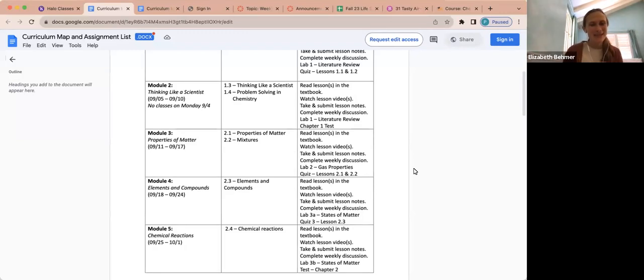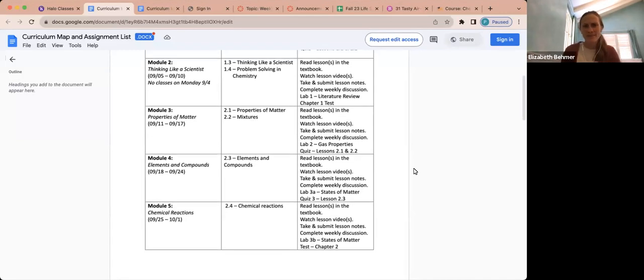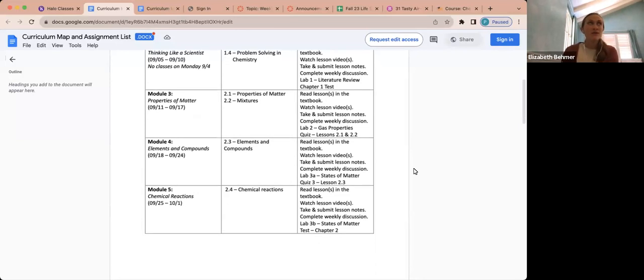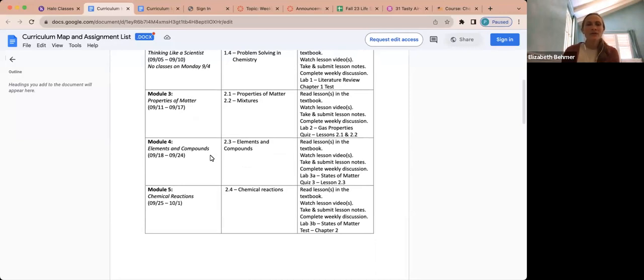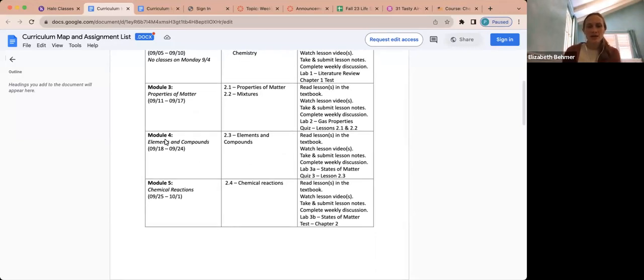This is Monday, and I'm just pulling up the curriculum map and assignment list for you, just to make sure we're all on the same page with where we're at. So this document is linked in your Moodle page, and we are in Module 4, where we talk about elements and compounds. You can read Chapter 2, Section 3 in your textbook, and then watch my lesson video on it,